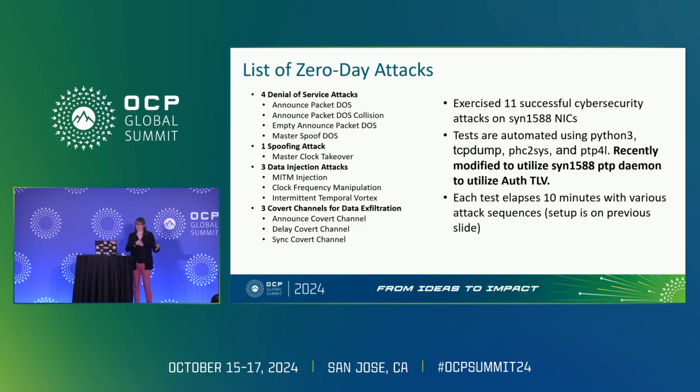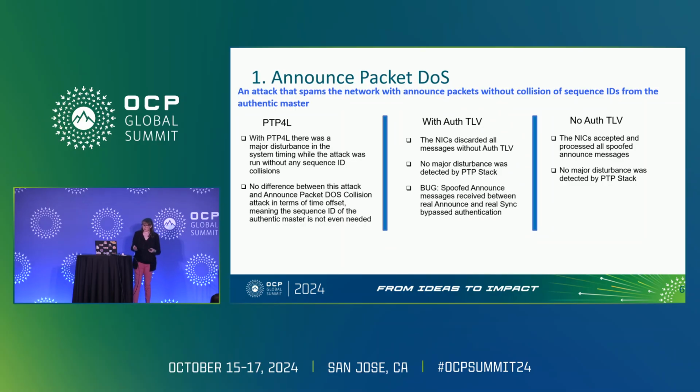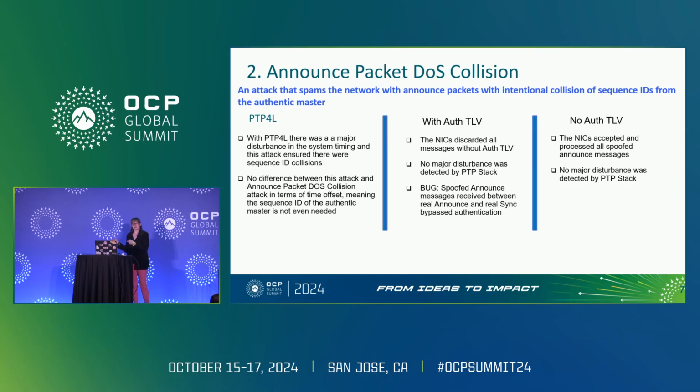We compared results with ptp4l, with the authentication TLV, and without. The first attack that we ran was our announce packet DoS attack, which spams the network with announce packets without collision of sequence IDs. In the next attack, we did it with intentional collision of sequence IDs to see if the sequence ID number of when the attacks were being sent would make a difference on the